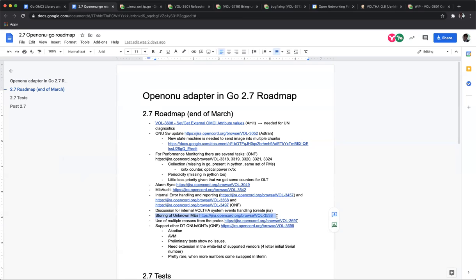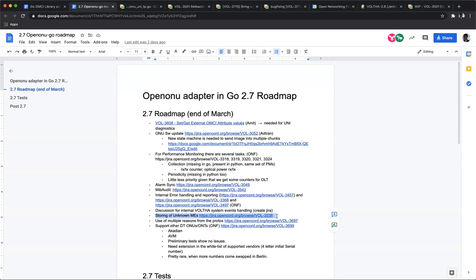I don't think it should be a major change in the adapter, because it's mainly in the core where we store the reasons. In the adapter we update the reasons, but we shouldn't really look them up or keep them internally. That's okay. It's fine. We can work that out.